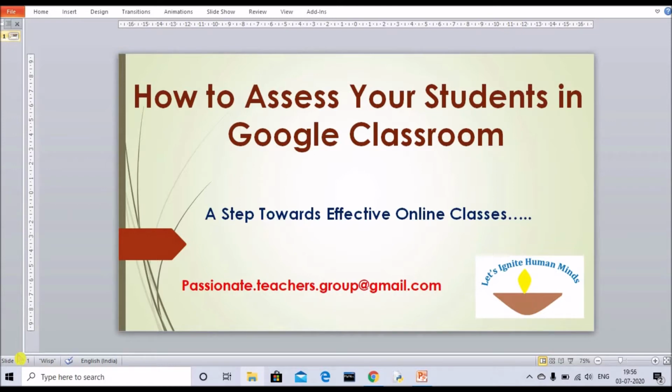So we will be learning how to create a small self-graded quiz, so that even the marking could be done by your Google Baba, right? We need not do the marking. The test which we are going to create will basically be an objective type test that will automatically be checked by Google. So the effort of a teacher will always be lessened,